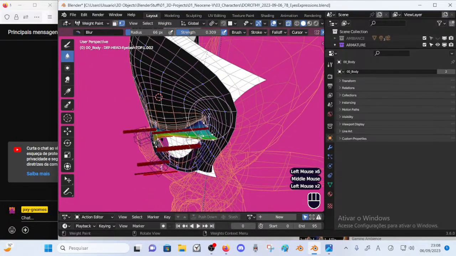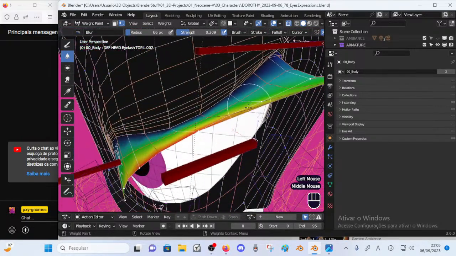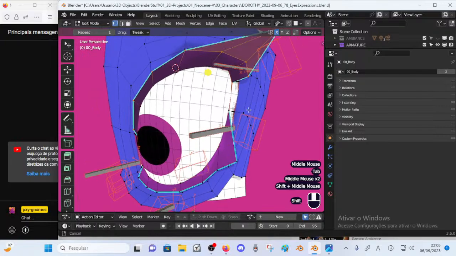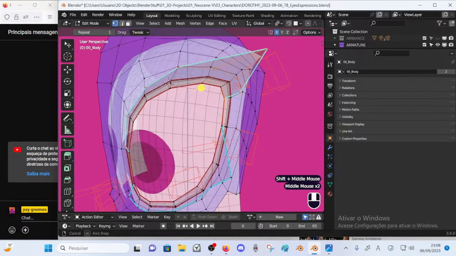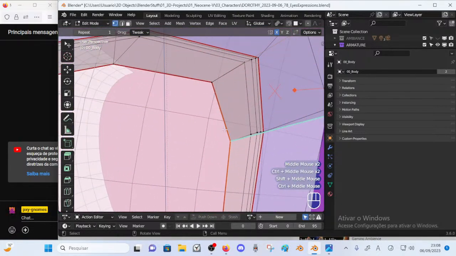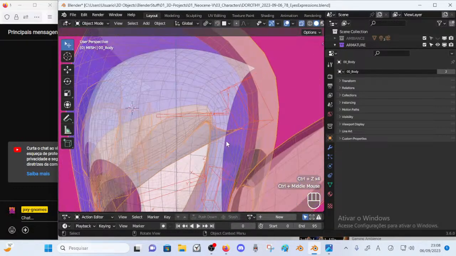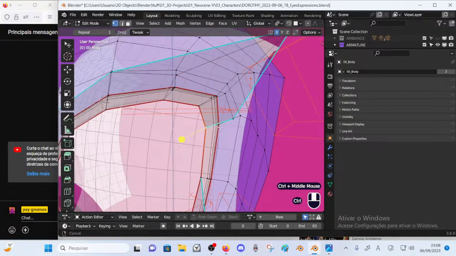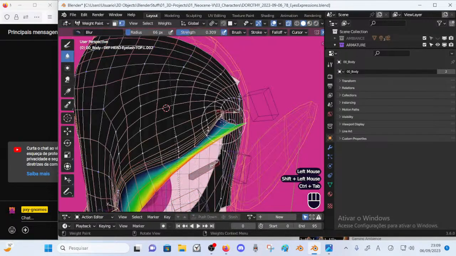Just blurring. What is that one? I hope this is the correct one. Yeah, it should be. I don't have any wrong selection there, or do I have? I think I have a wrong vertex there. I'll have to de-wave paint that.